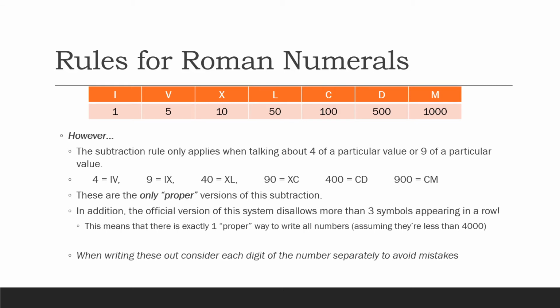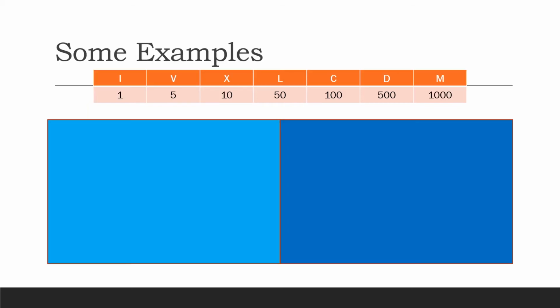When writing these out, I really just recommend looking at the individual digits of the number, figuring out how you'd write each, and then putting those symbols together. We'll look at some examples so it's not super crazy. For our first example, we can look at 845 and write it as Roman numerals. In this case, the first digit is an 8, which is short for 800, which is our largest term,